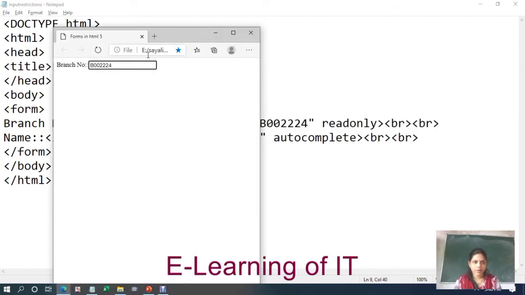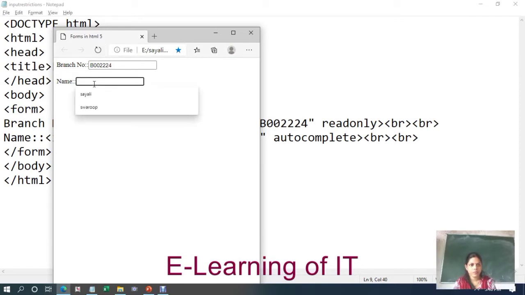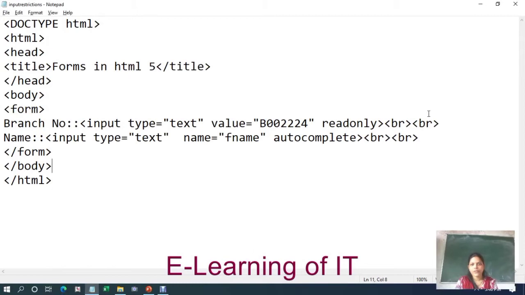So here is the program. You can refresh it by clicking here or pressing F5. Then this value is not editable by the user, it is read only. And here the user is provided with links. Suppose I enter a value as Aditi. Here you have to use a submit button so that your form data will get submitted, and then the program will come to know which values are to be provided for suggestion purposes.